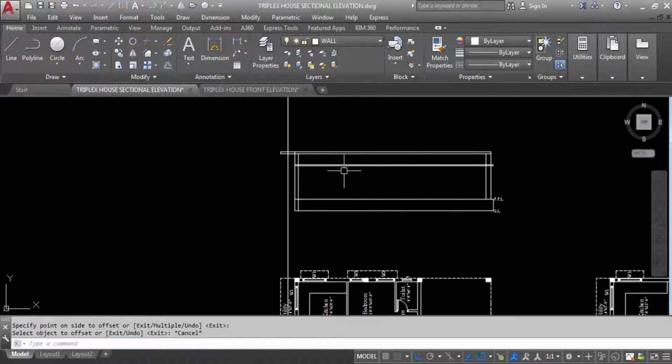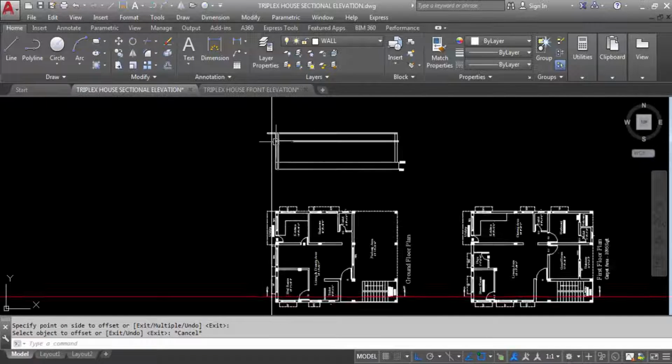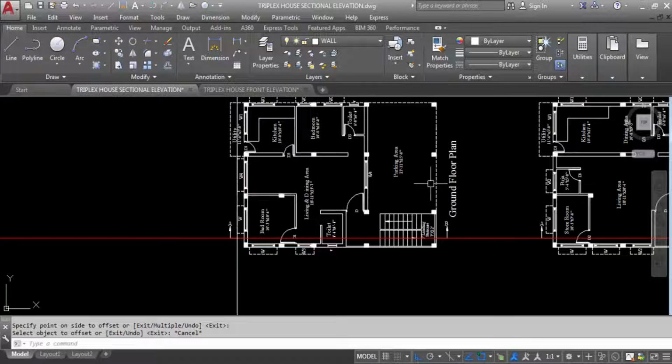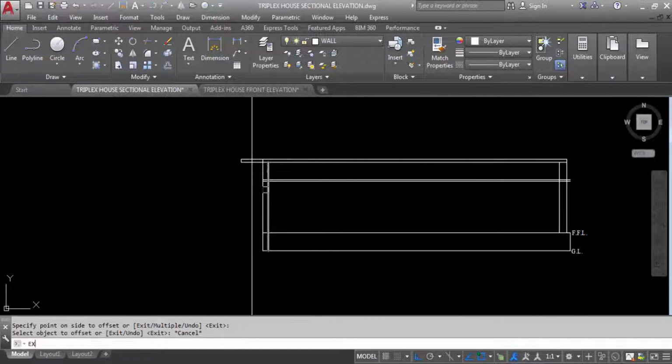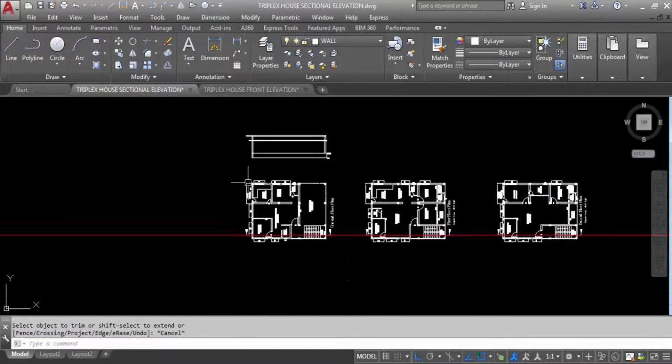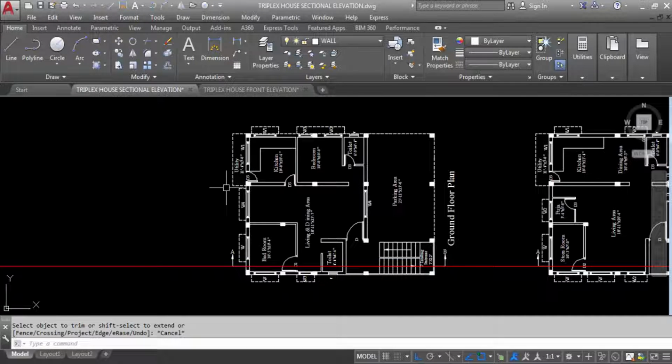Now extend the lintel slab towards this chhajja projection line. This side we don't have chhajja; this side chhajja projection level we have to extend these two lines, the lintel slab. Now trim extra lines. Select this and trim from this side, trim from this side. This is the lintel slab. Now chhajja projection we can see,